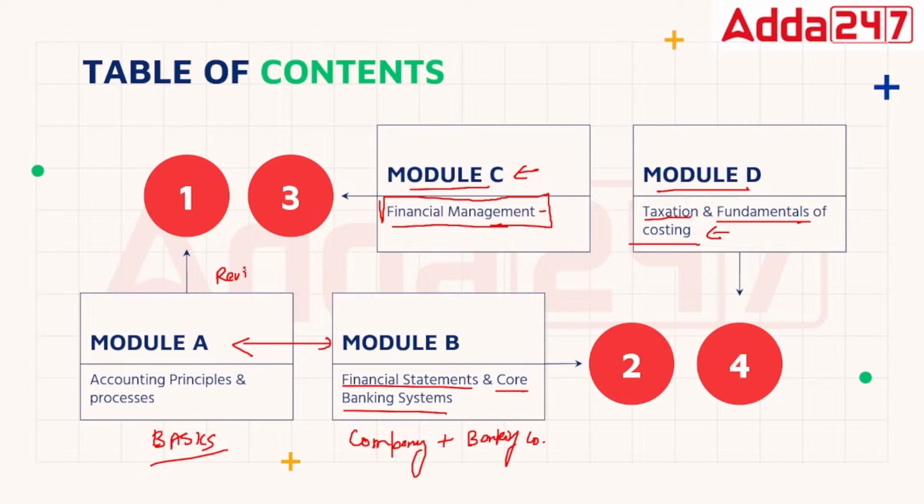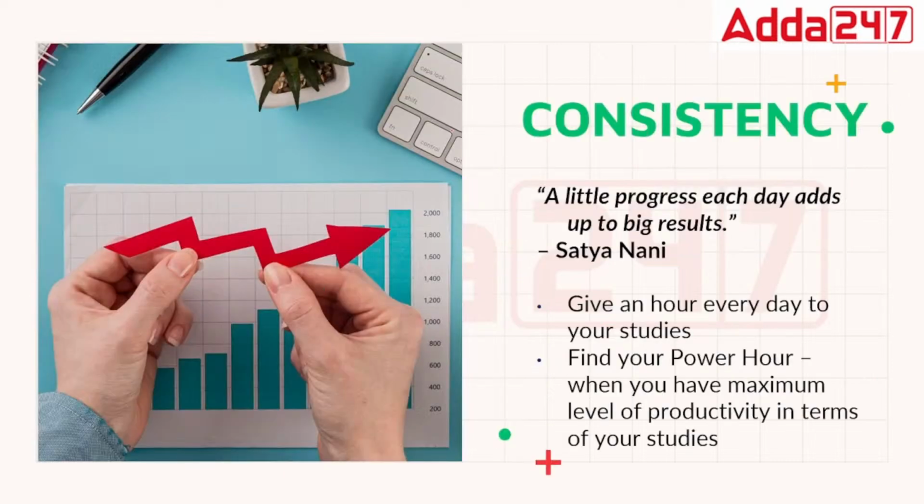So in this case, I would suggest you go with module A and module B first, and if you want to do something which is totally different from the accounting systems that you are learning, then go for module D first. It will give you a little breather from the basic hardcore accounting that you are learning, and then you can look forward to module C. Okay, so this is the new module which has been added, so you can be a little easy on yourself. But there is no hard and fast rule that I have to go for module D first and then C. You can still go for C and D, but I would always say that first of all, finish off module A and B.